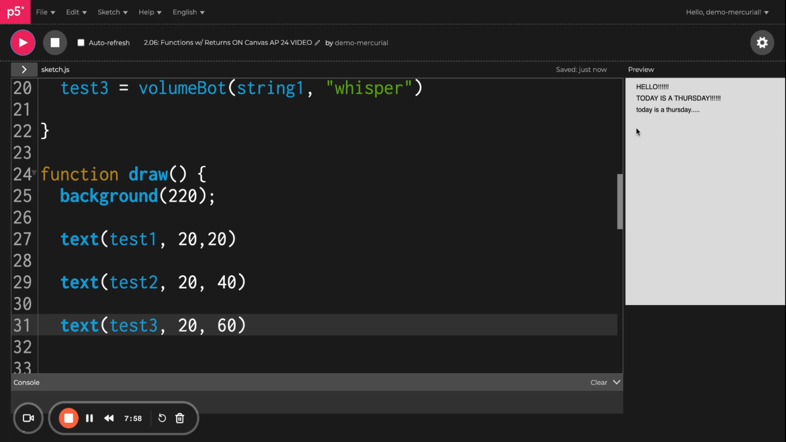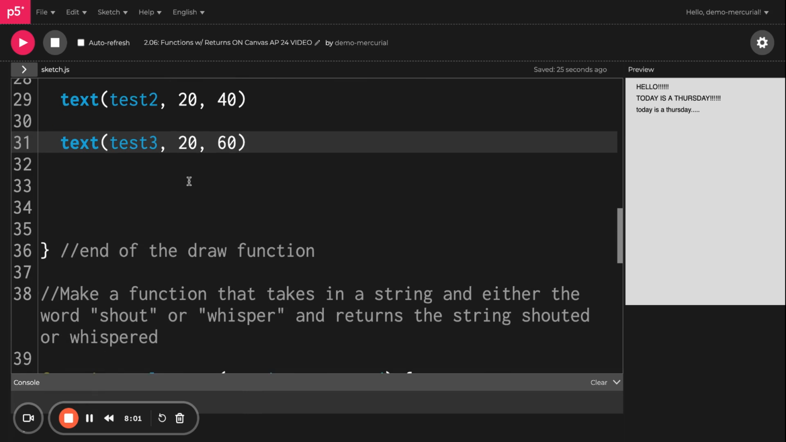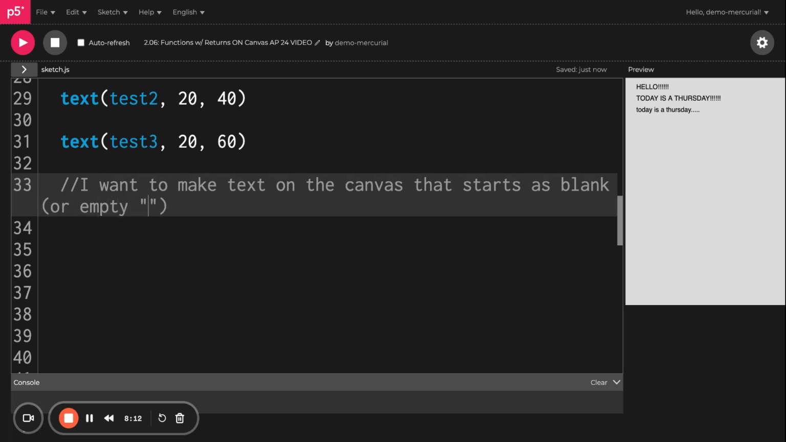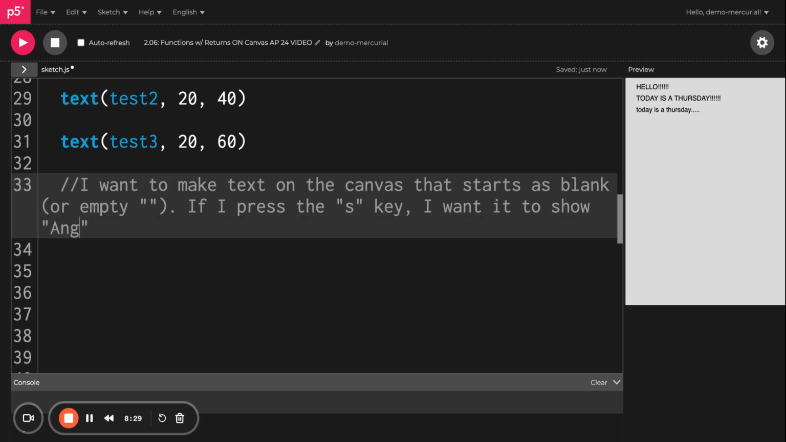Let's try and make it interactive though. So let me come into my setup or my draw function. Let's add a comment. So I want to make text on the canvas that starts as blank or empty quotes. If I press the S key, I want it to show Angle is the cutest cat ever